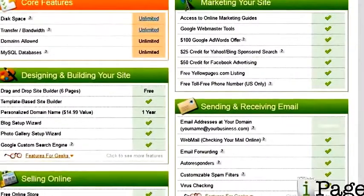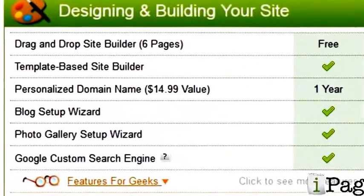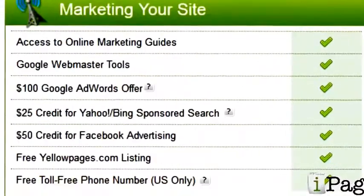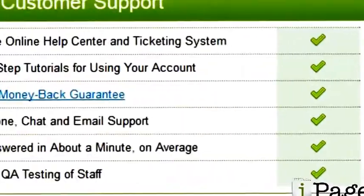really means. iPage also offers you a free domain name for the first year, but I actually recommend that you buy your domain through Namecheap or GoDaddy. It's cheaper in the long run and you'll have a lot more control over your domain name. You also get a free website builder, free advertising credits with Bing and Facebook, unlimited email addresses, and a money-back